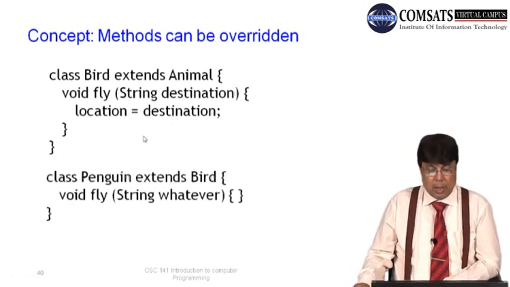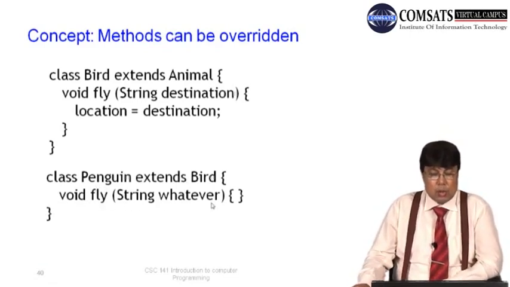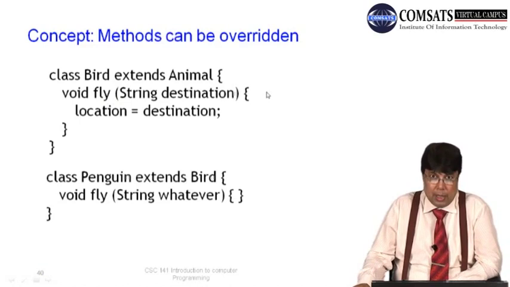Then we can define a penguin that extends from the bird, and then we can also define a fly method. Basically this is a method that has the name fly, and here we have defined a method that has been given the same name. It is just like you have defined a global variable and then you have defined a local variable. Whenever you call this penguin, the penguin will call this fly,